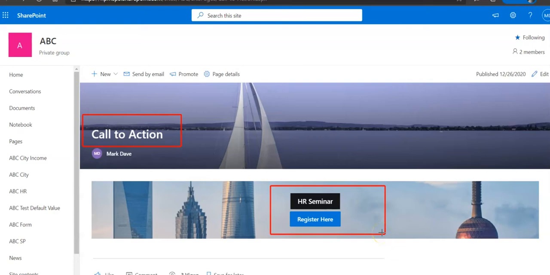In this section, we'll be looking at the call to action button and its functionality. The call to action web part is a great way to highlight content or an action you want your audience to take. I'll walk you through what the call to action web part has to offer and how best to utilize it